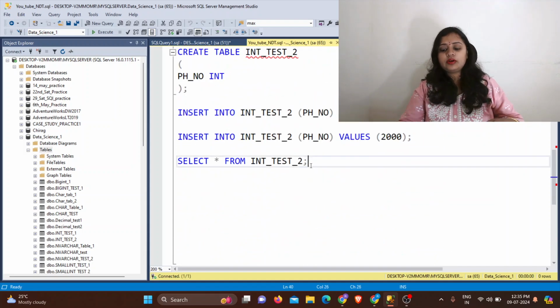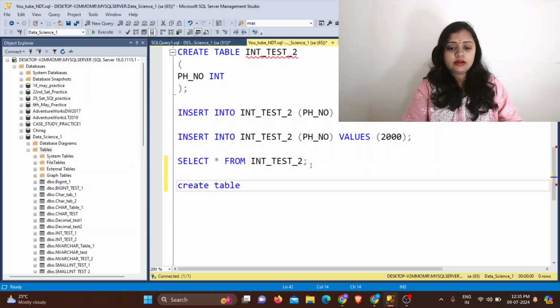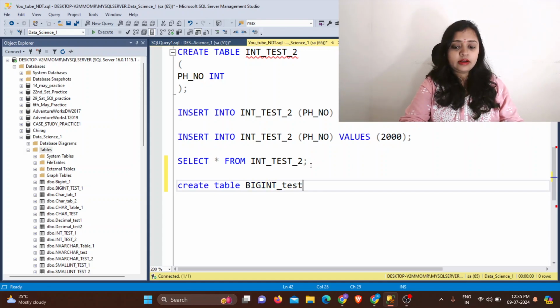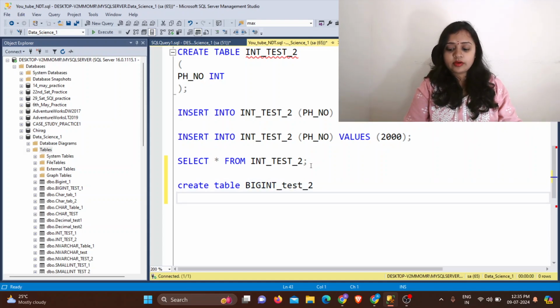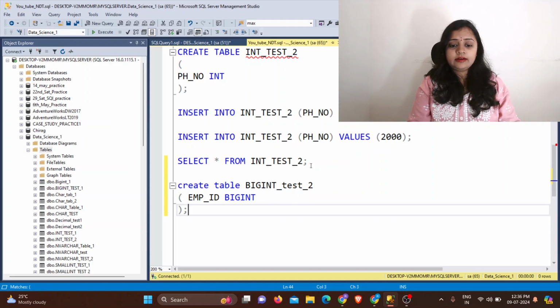Let's start. We will create a table. Create table big int, we are creating the table big_int_test_2. I am giving the column name as employee id, and here I am giving the data type as big int, then bracket close and semicolon.